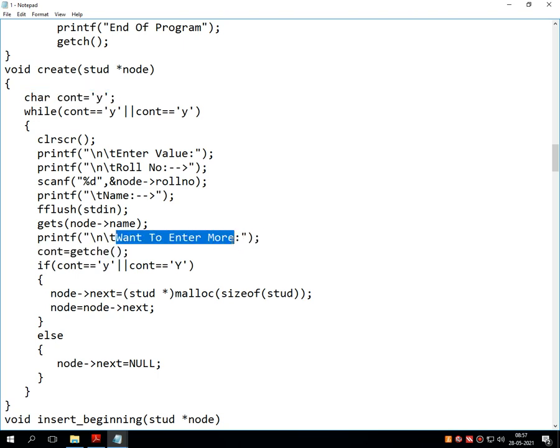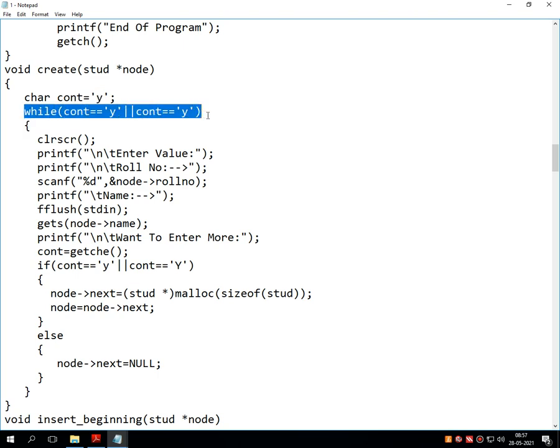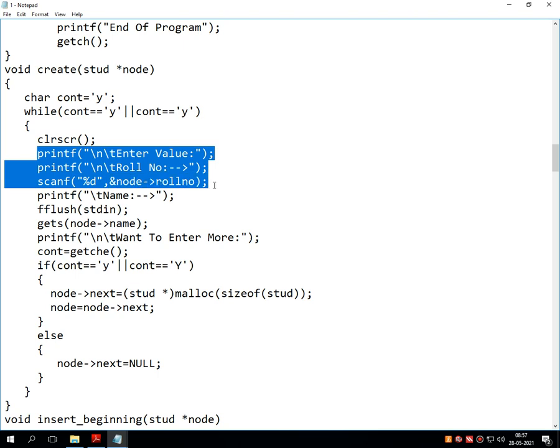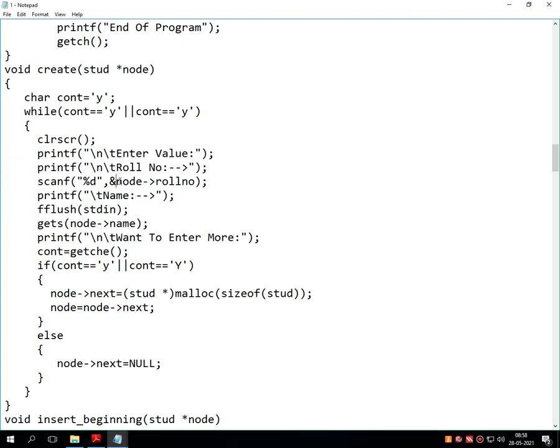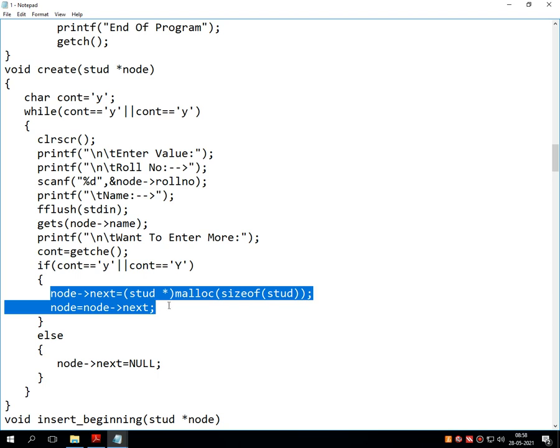Suppose I press Y, then this while loop is executed and roll number and name are asked from the user. That means roll number is stored inside the data part of the node, as well as name is also stored inside the data part of the node. If I press Y, then what happens? It points to the next node.